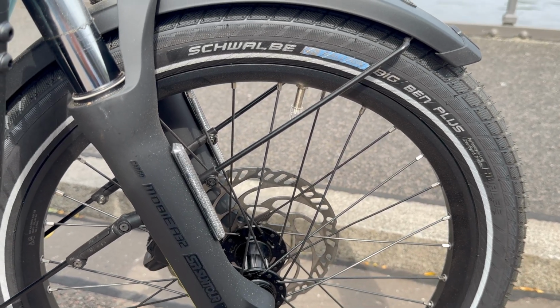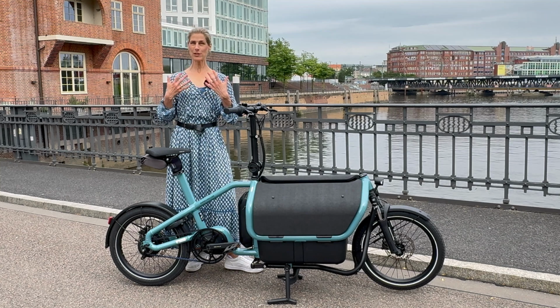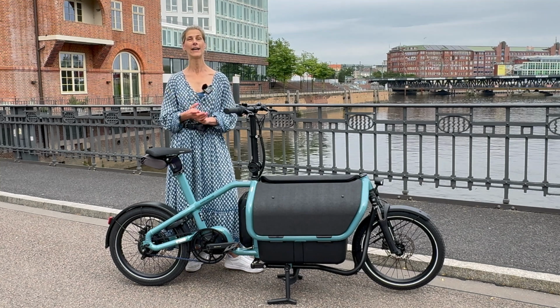But it's also pretty puncture proof. And they're pretty thick and wide. So this gives you an even more comfortable riding experience because it is sort of like a suspension. What I really love is the design of the bicycle, because if you watched my reviews every now and then,